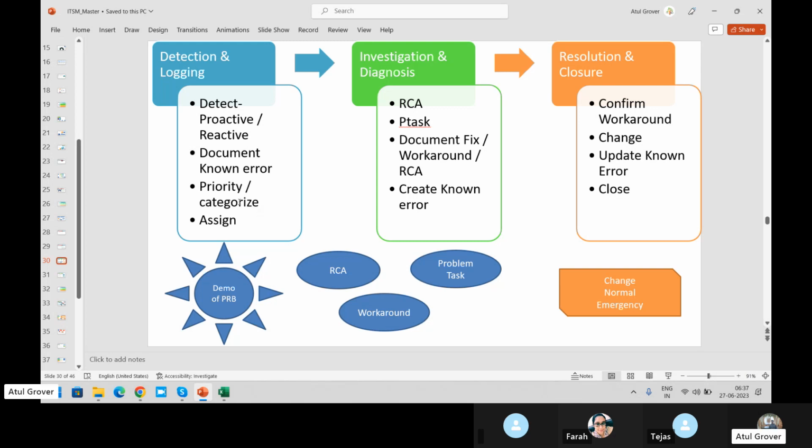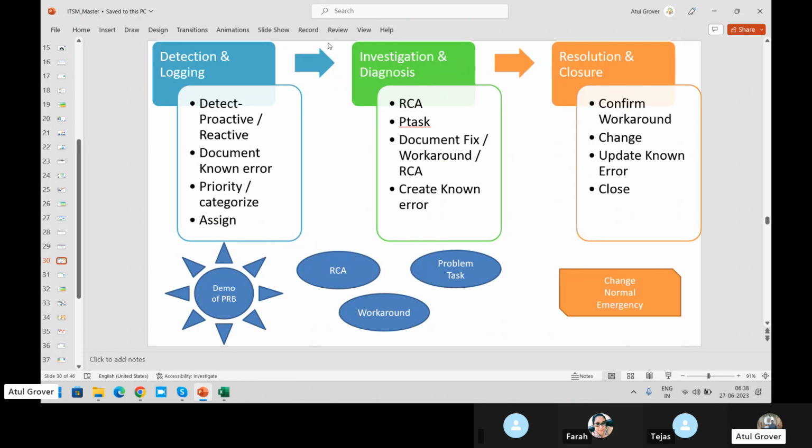We prioritize: what is the priority of this particular problem record? Do I need to fix it immediately, or can it take some time, or can it wait for some time? And we assign it to a group to work on that part.